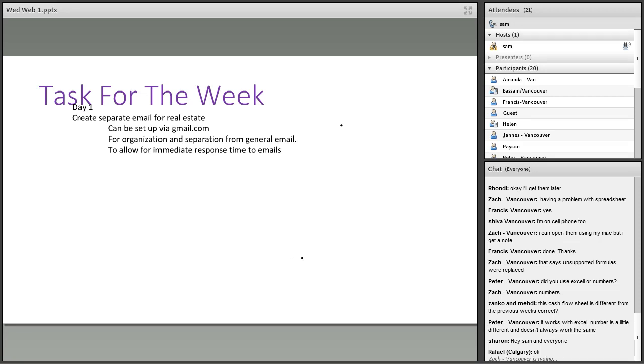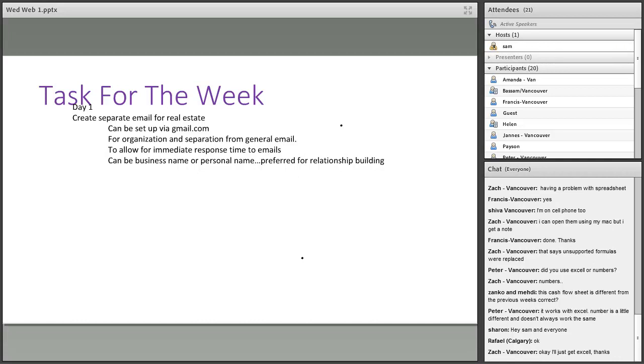This is to separate yourself from your private stuff, your personal, okay? You don't have to use your business name for this email. If you wish, you can, but I would wait on that. It's not a huge deal. If you've got a name that you already use or want to use, you can do that. The business card, when you set it up, that's the name you're going to put on it. Okay. All right.